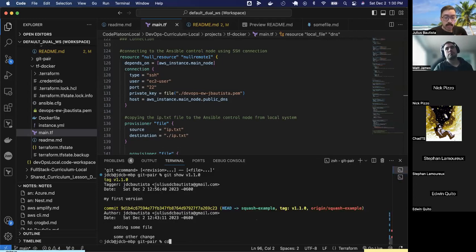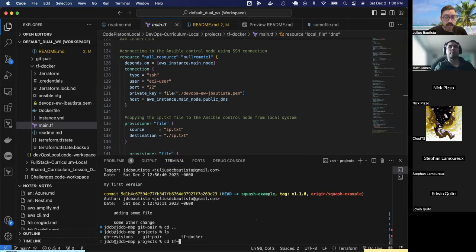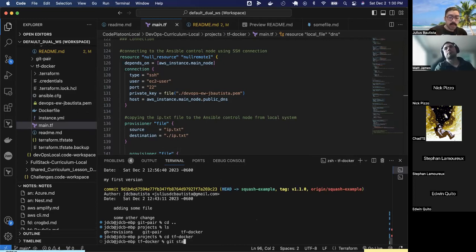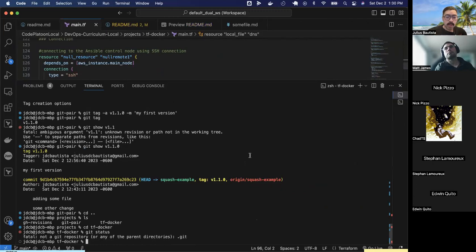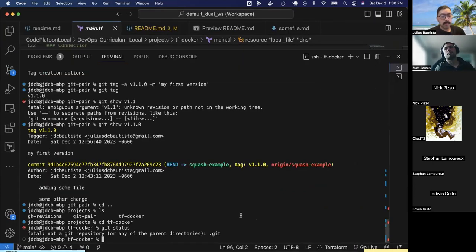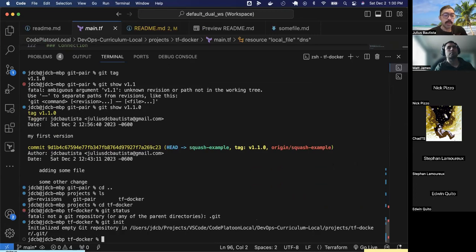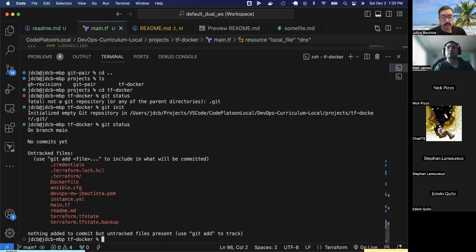So let's say I'm going back to my TF Docker folder. Let's run a git status. We see that nothing happens because this is not a Git directory. But let's say I wanted to make this a Git directory because I've already got all my files here. I will do a git init. This allows me to initialize this folder as a Git repository. Now, if I do git status, I can see that I've got all these files that I have not committed. Before I commit them, I want to connect. I'm actually thinking whether I should commit them first, but I'll go the first route of connecting this to